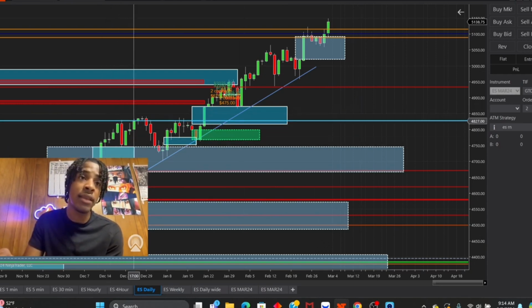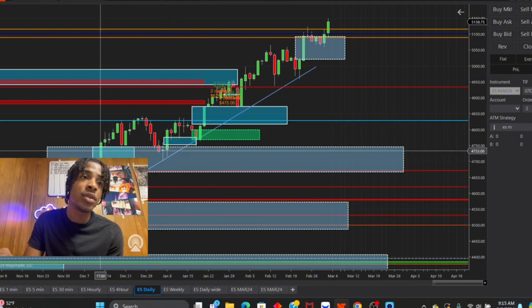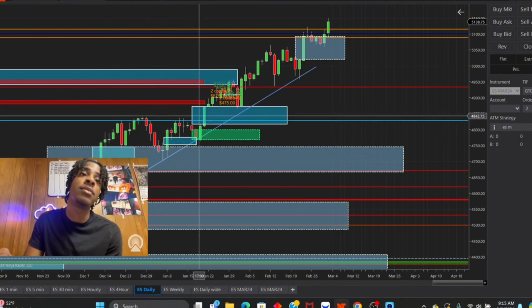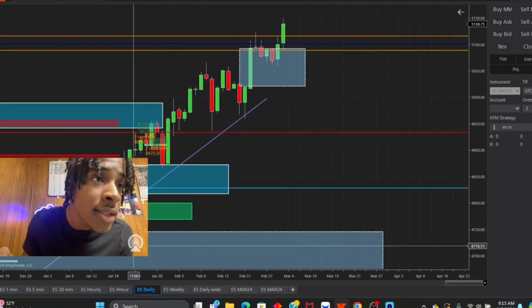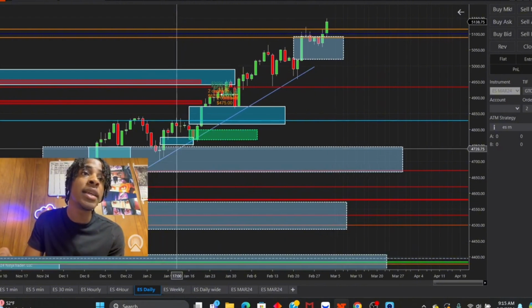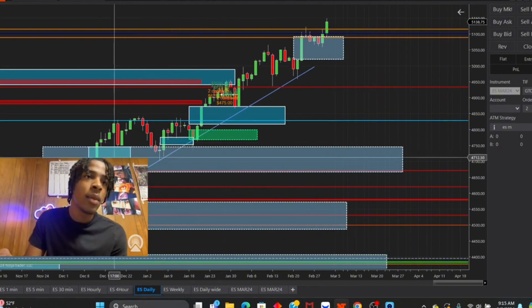And as you see, it even created a resistance. Well, not a resistance, but a support. So it came here, boom, shot up. Came here again, shot up. Came here a third time. Is that a third? Yeah, that's a third touch. And shot up once again. So this would have been a great support level as well, which is another strategy that I can teach.